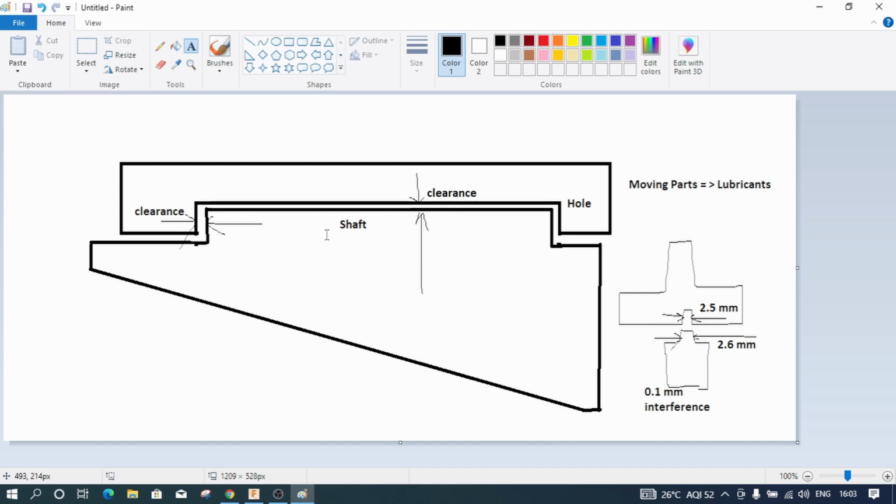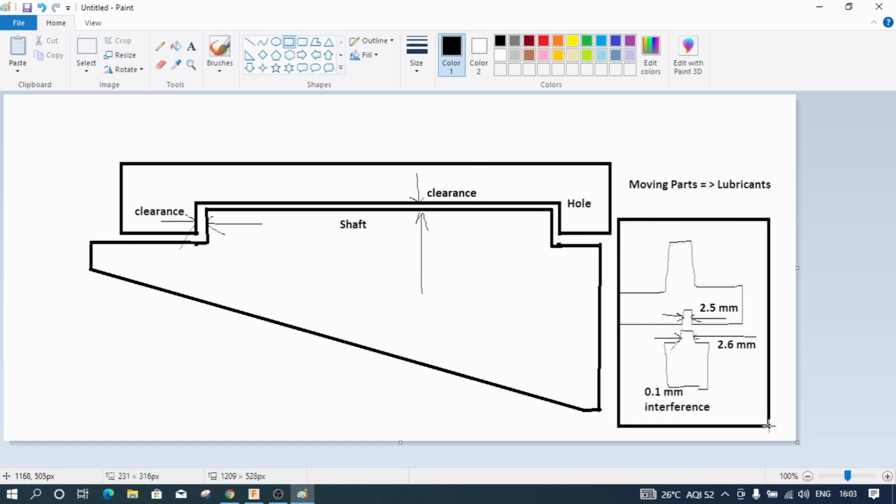So my plan is, I will first make the clearance 0 and design a basic part, and I will not 3D print it, but I will 3D print a small sample of this particular object like this. I will 3D print this small sample and see what best fits this joint. If 0.1 mm of interference fits properly, I will go ahead and modify my design accordingly. If I need more interference, I will design and modify it accordingly. If interference is not required, I will simply create a clearance and stick this particular wing using some glue or some Fevicol.